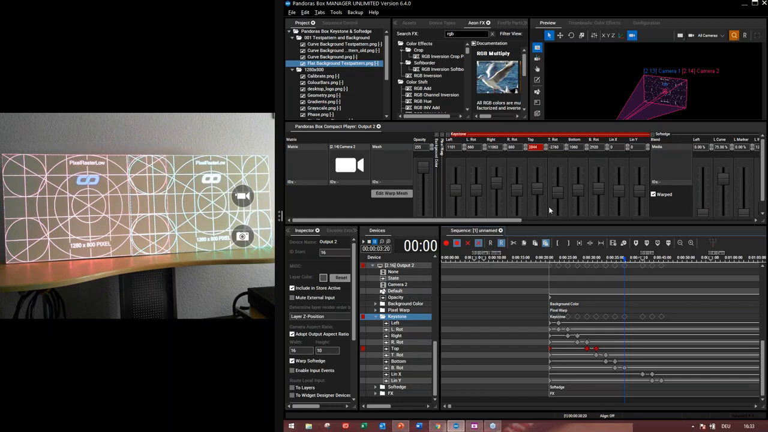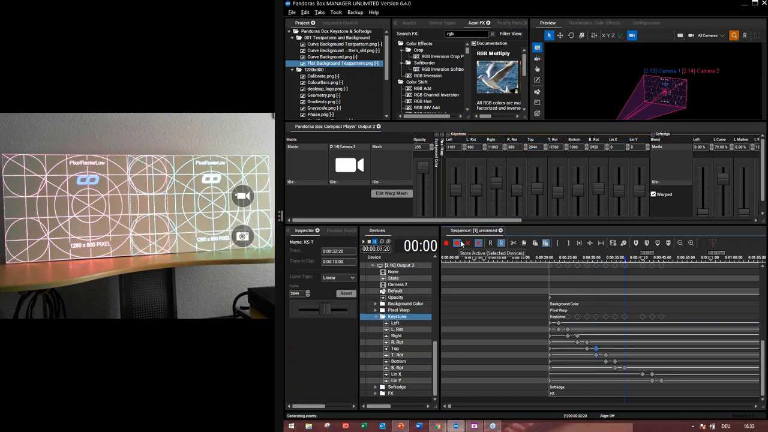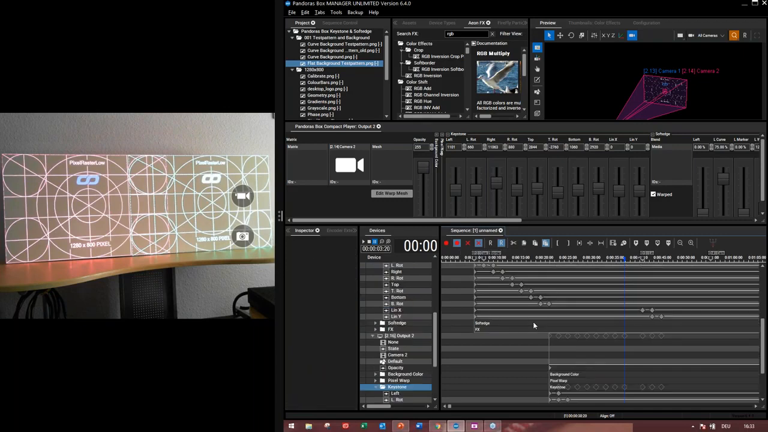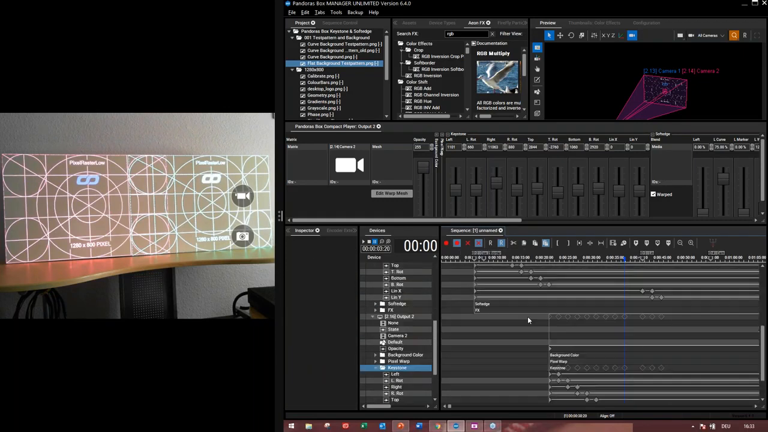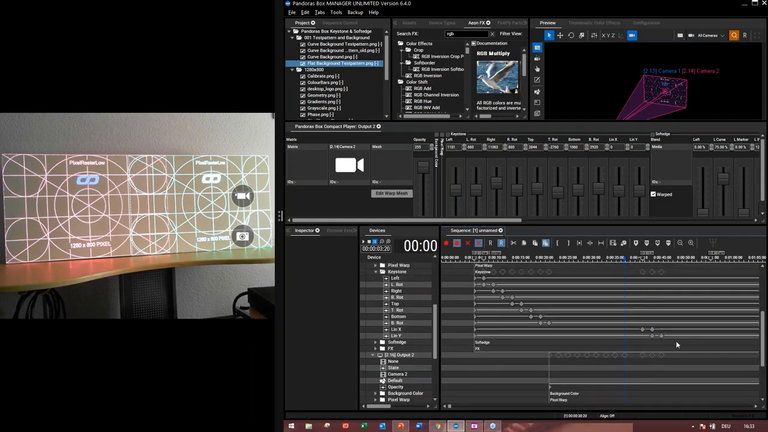Okay, better. Good. And now we have to do the linearity. For the linearity, we have to work on both of